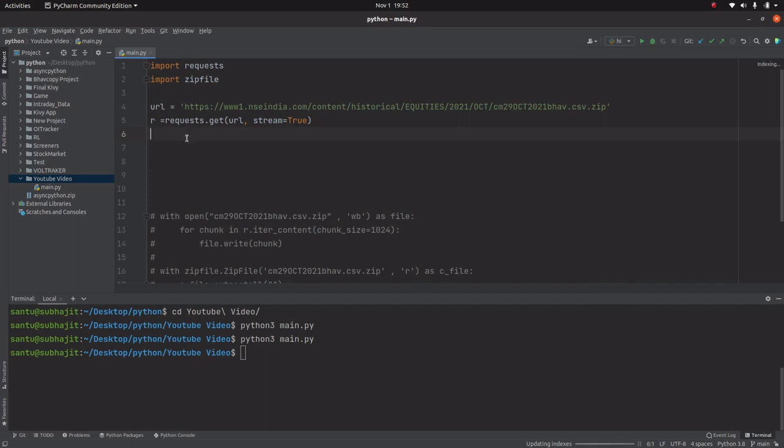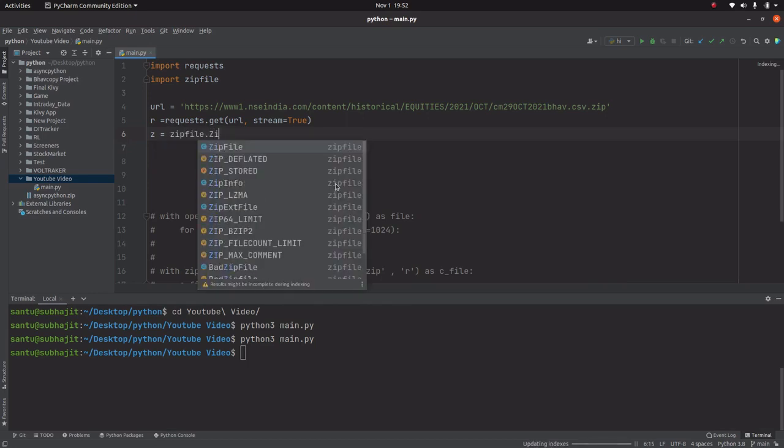So in R, like previous way, we already stored the zip file value into R. Now let's take a variable z is equal to zipfile dot ZipFile.